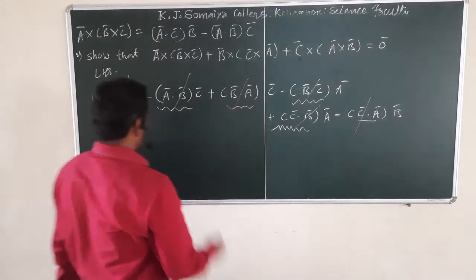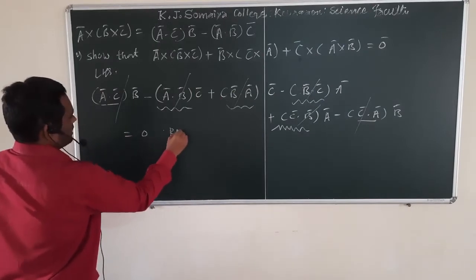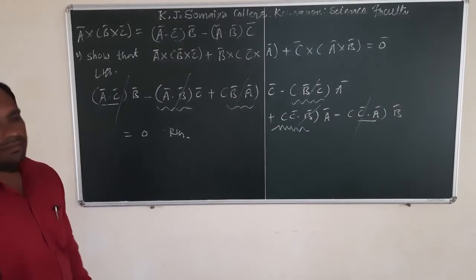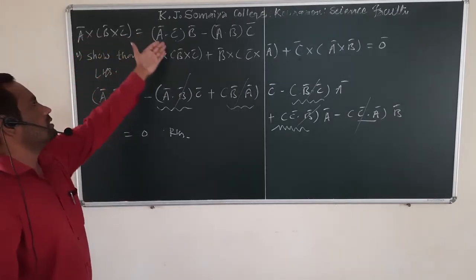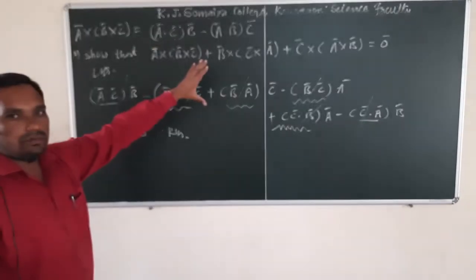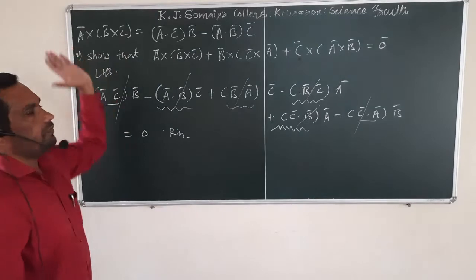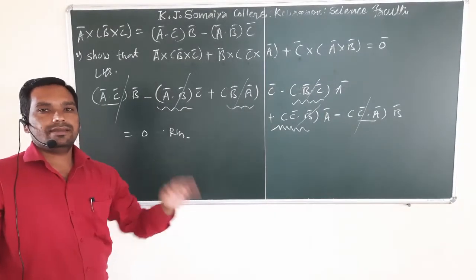So adding all these quantities we get 0, which is the RHS. So here we proved this identity, that A cross B cross C plus the other two terms is 0. With this we finish our topic of vector triple product. Now we are going to study the next topic,